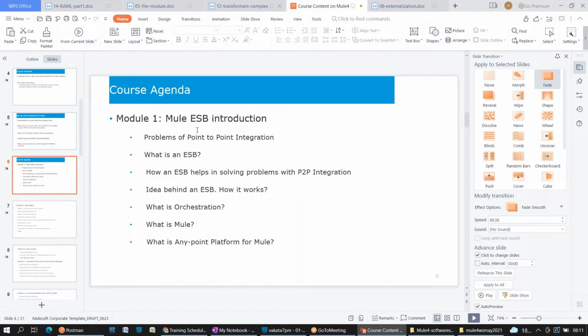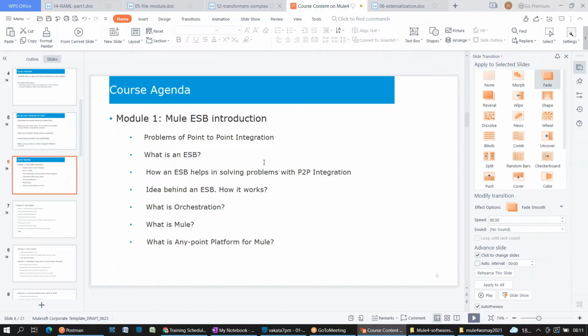As I told you, my agenda is to make you understand about Mule ESB. What is an ESB? Before ESB, what was the approach? As Dixon asked, what are the problems with point-to-point integration? Then how did ESBs come into the picture, and how do they help solve the problems of point-to-point integration? By explaining concepts like loose coupling and logical coupling, I will take you to the ESB finally.